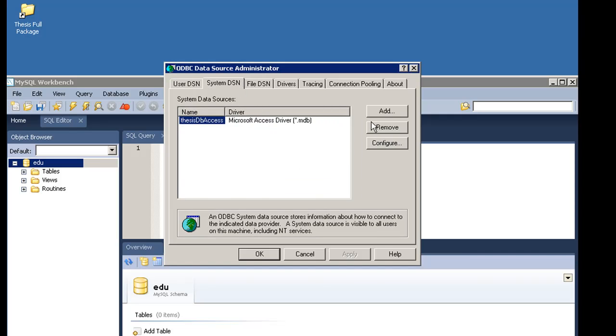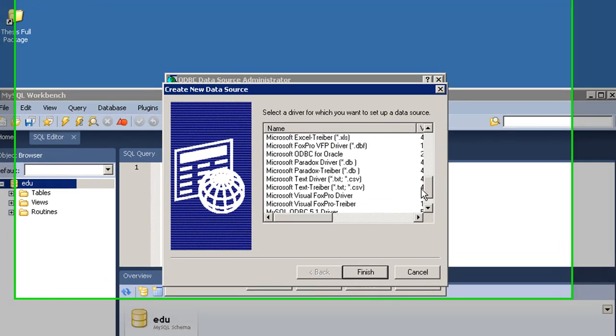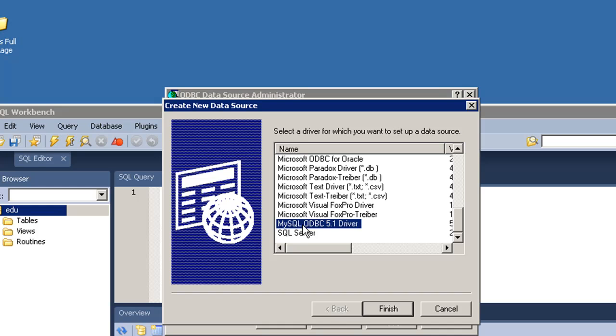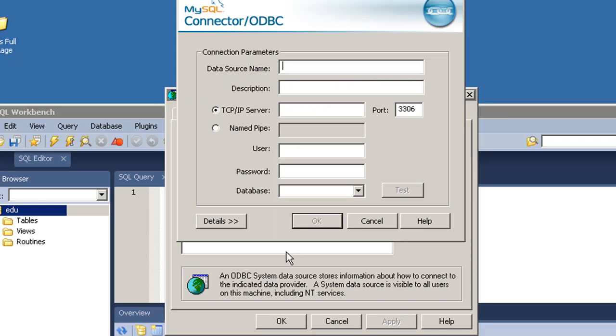So system DSN, add MySQL driver, finish. Data source name. Okay, our data source name is test SQL DB.